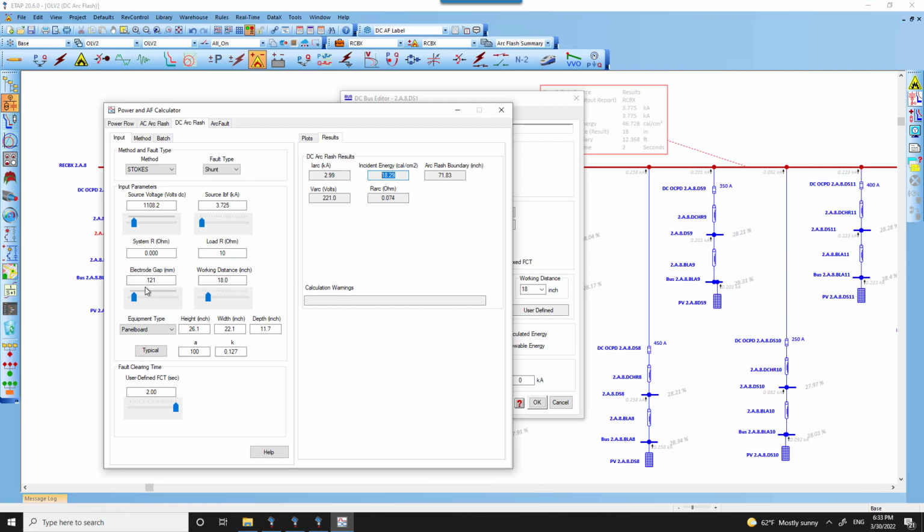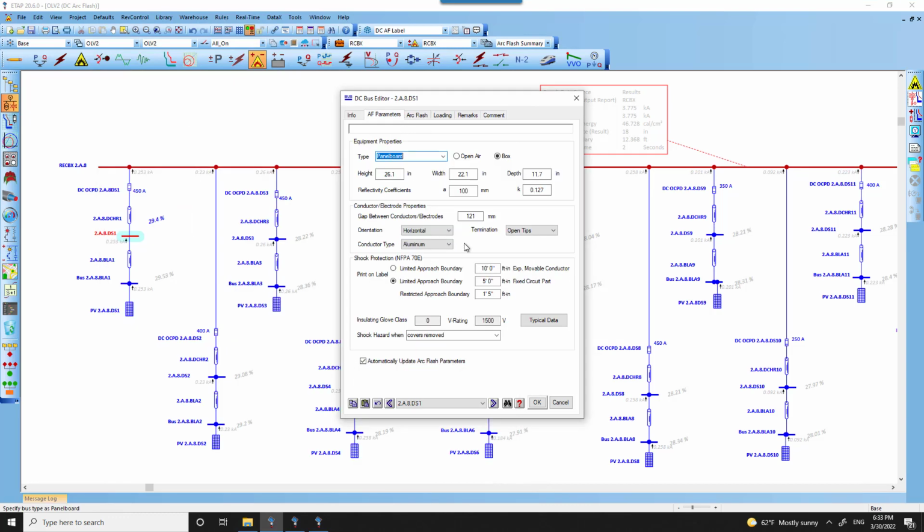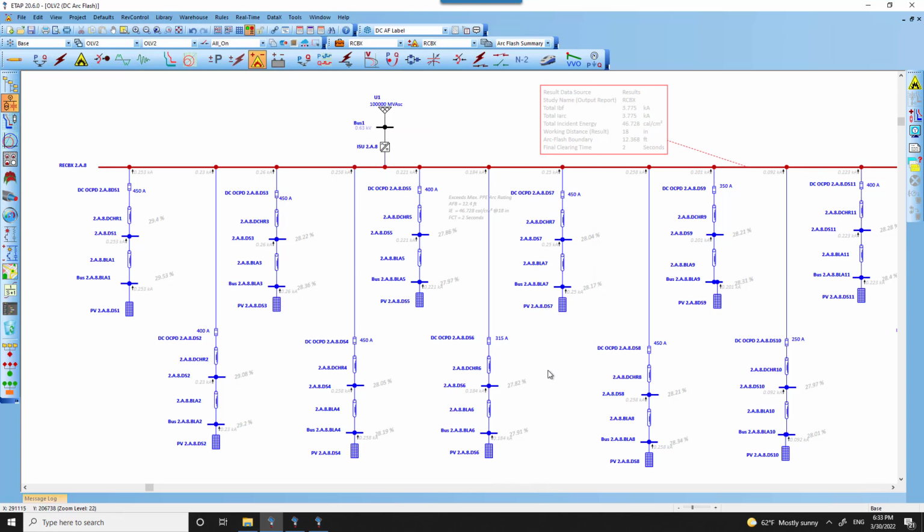not the size of the width of the enclosure or the width of the fuse disconnect, and it was still less than that. So we chose that as our best approximation for the gap between the conductors, because we do not have any standards, documents, or references to get that accurate value, other than physically measuring the gap between the conductors on a running facility. So this was not given to us, so we were able to use the analysis tools from ETAP to best estimate the gap in such a way that the incident energy is not